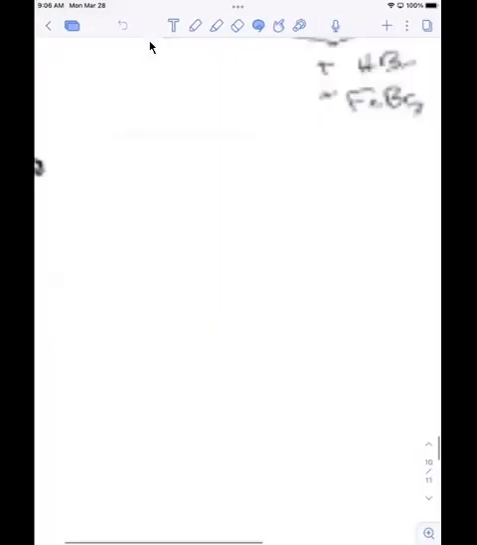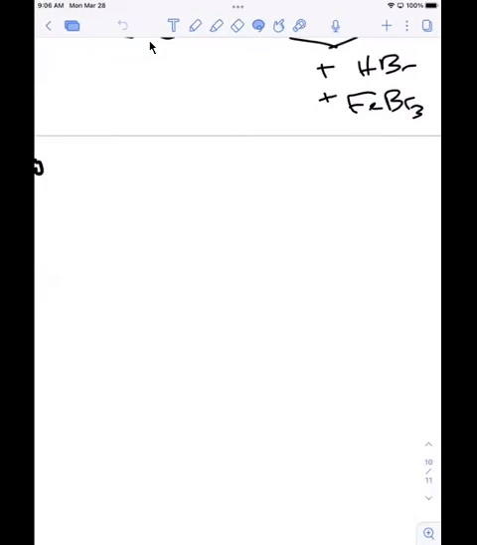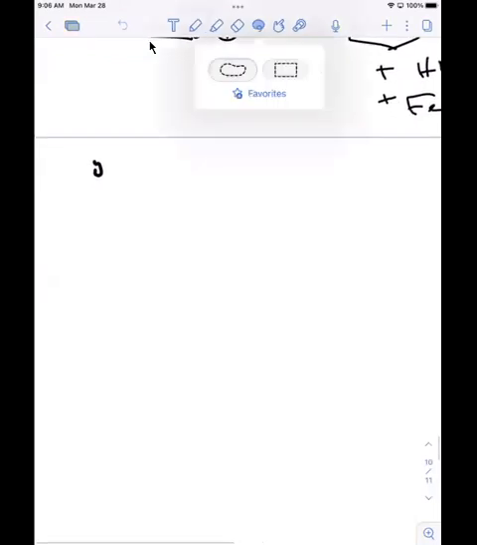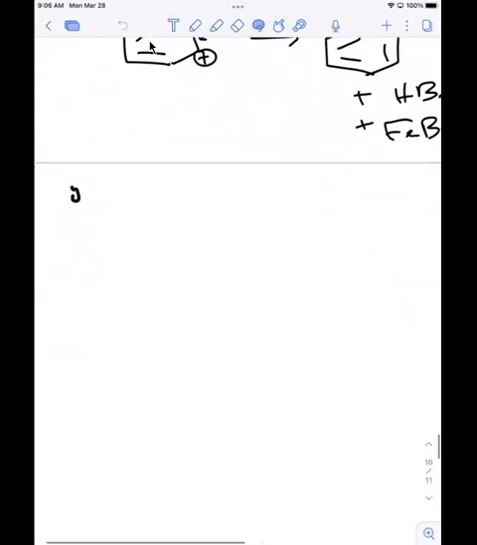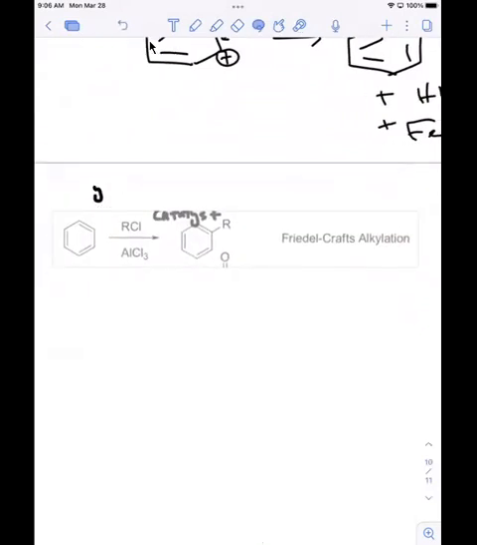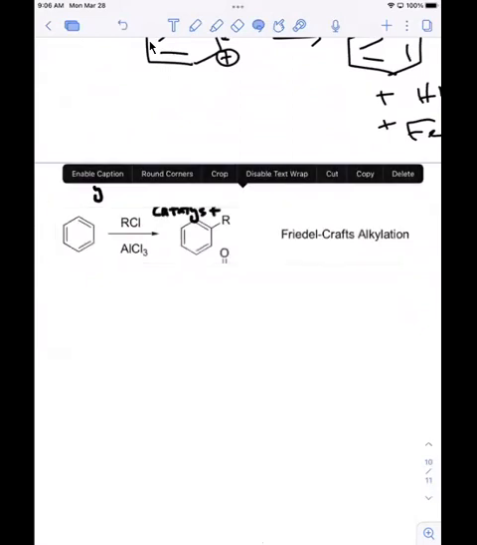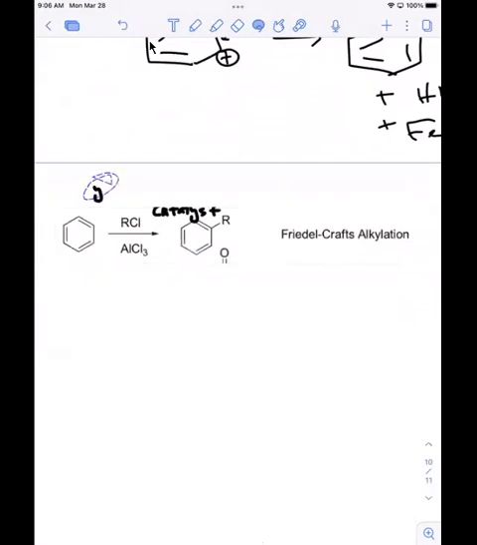Shucks, come on, Russell. Trying to cut the word out, but that's okay. All right, so